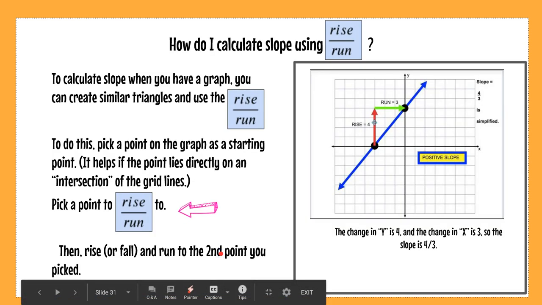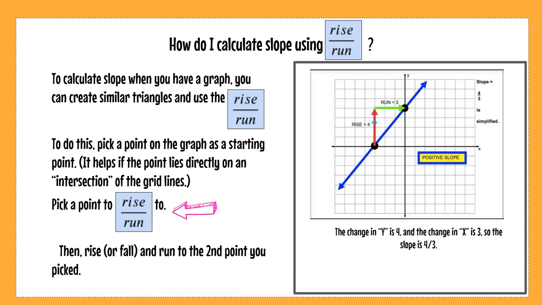All right. So that was kind of a compilation, an overview of what we're going to be talking about. We're going to look more in depth at the rise over the run. So let's talk about how to calculate slope using the rise over the run. We talked about it a little before the video, and the video showed us as well. So when you have a graph, you can create those similar triangles and use that rise over the run. So sometimes they call rise the fall if you've got a negative line, but really it's still the rise. You just might be rising positively or rising negatively, which is kind of like falling.